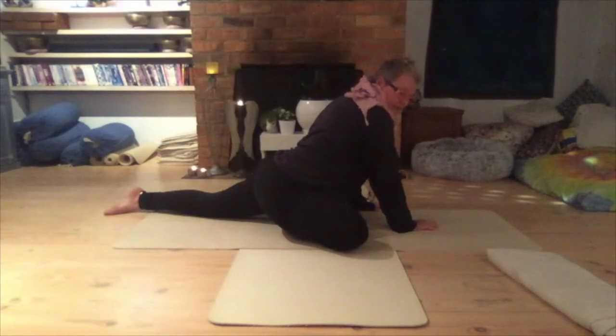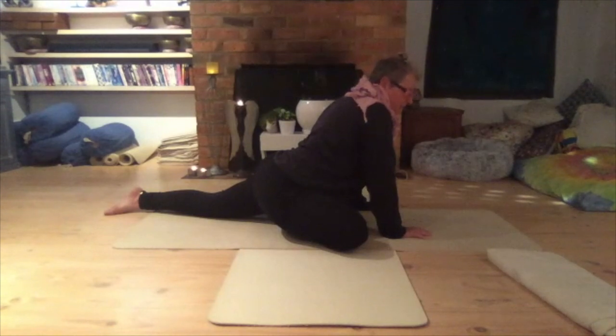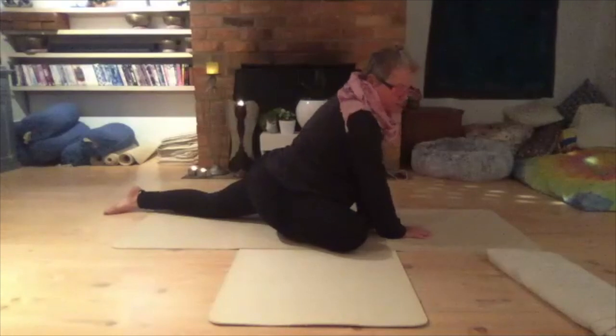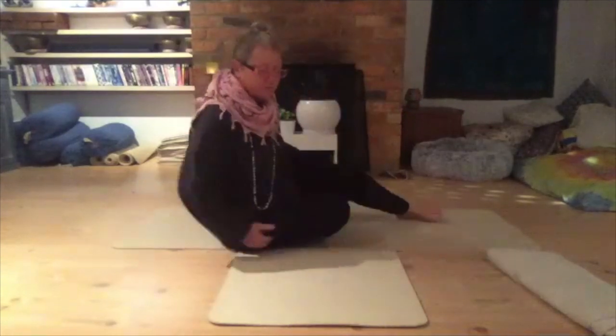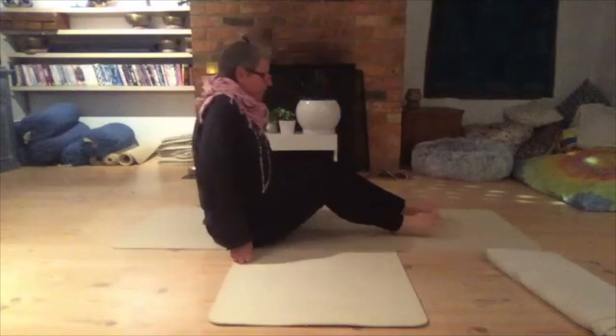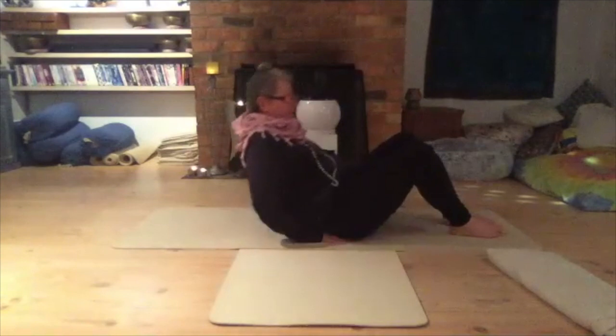And this is a more difficult posture to find your stillness in, but notice if you can. Closing down the eyes, relaxing through the torso, and especially releasing through that hip. For those of you who want to do the inverted version, remember we're coming down onto the back,